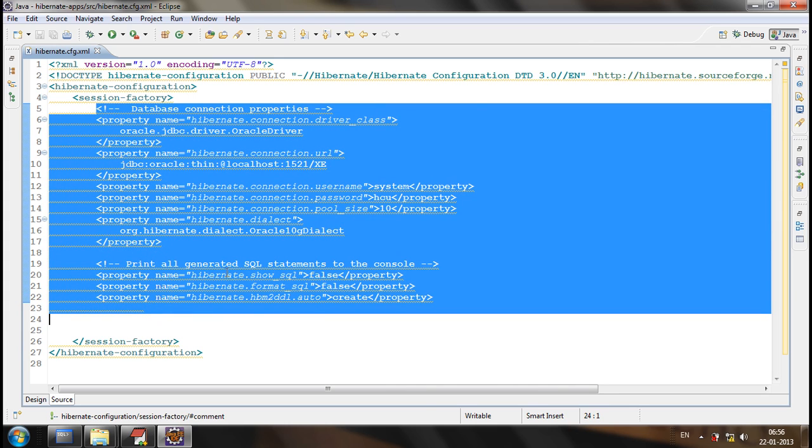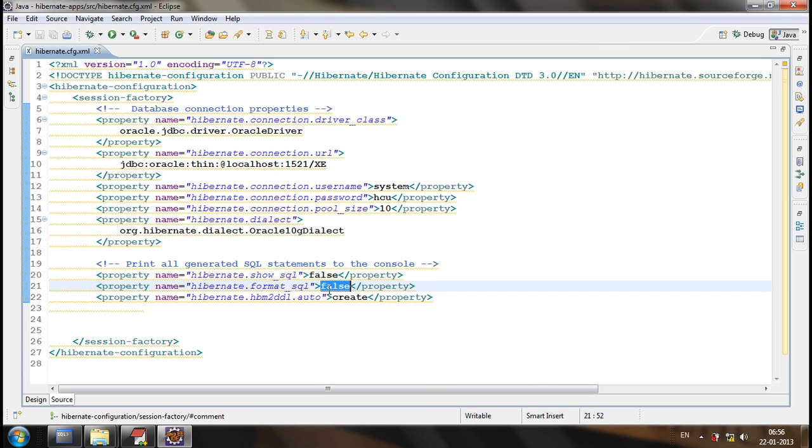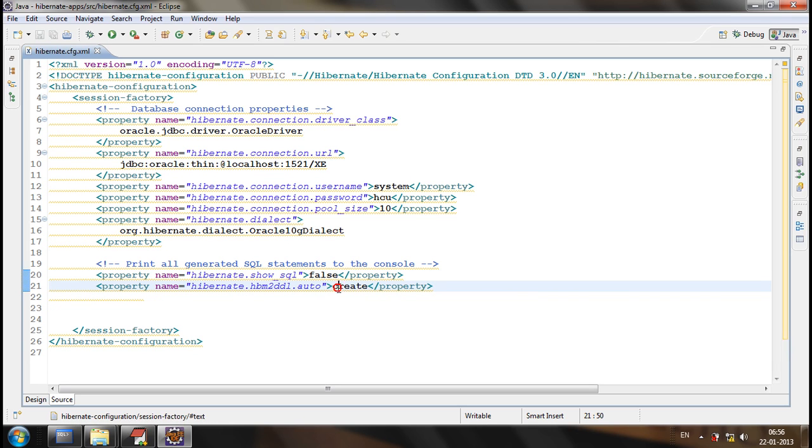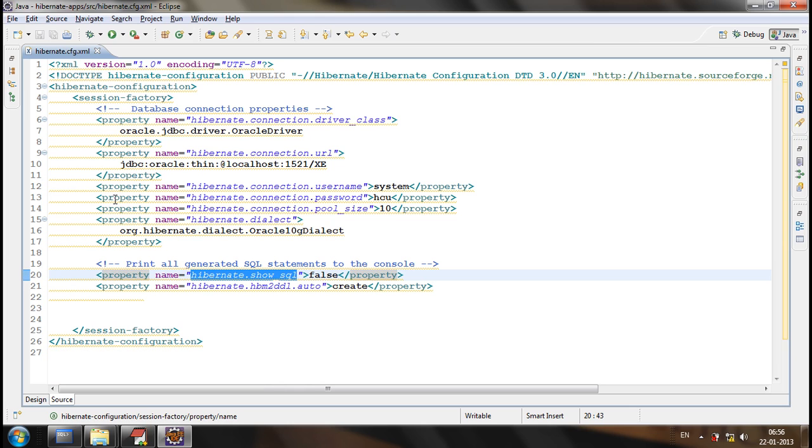These are the mandatory properties: dialect, username, password, the driver, URL, connection pool size. This one is also not required. Then hbm2ddl.auto and show_sql. These are the very frequently used and almost mandatory properties. And then after developing a configuration, the next step is